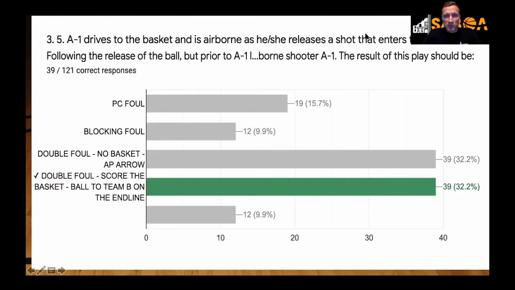It was an interesting conversation on this one. Marco, let me see. Marco put no free throw on the made basket. Marco, can you elaborate on that?